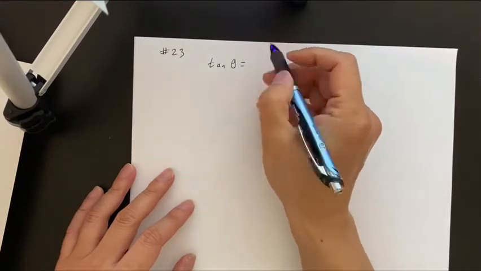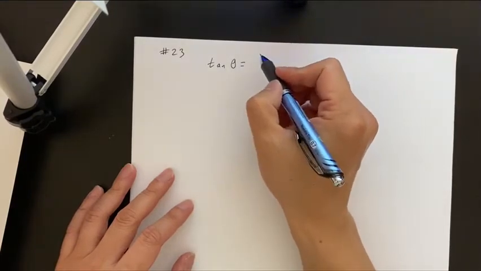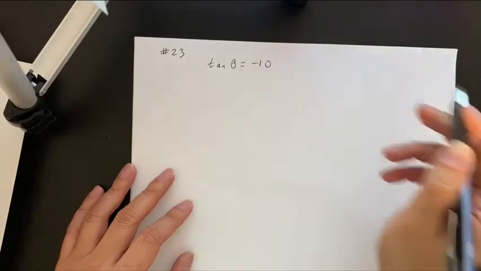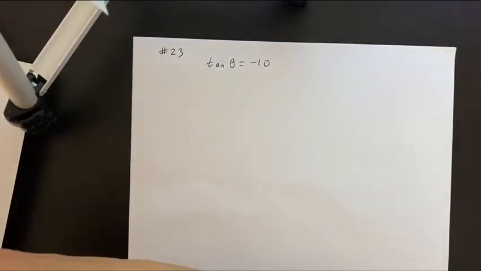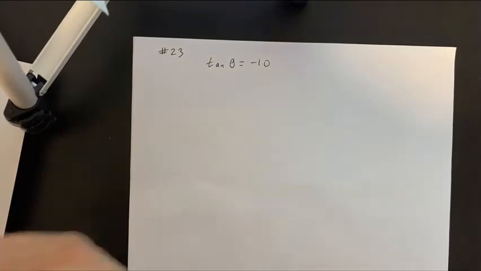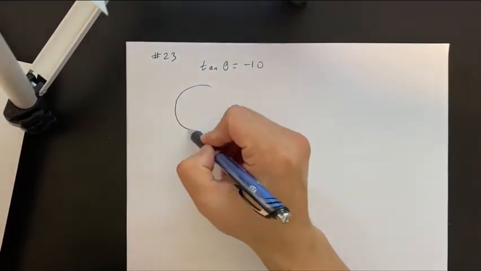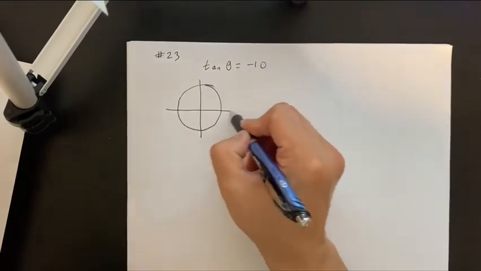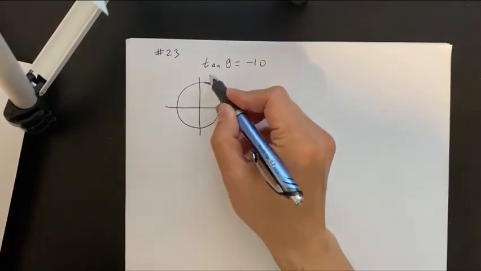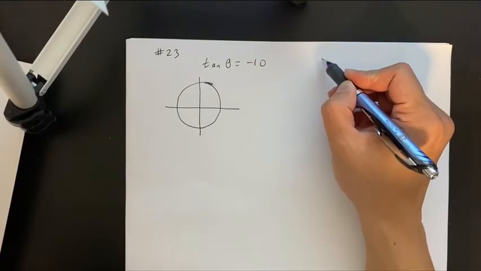It's tangent theta equals negative 10. So we do have to figure out what position on the unit circle will give us the tangent value being negative. Well, tangent, if you recall,